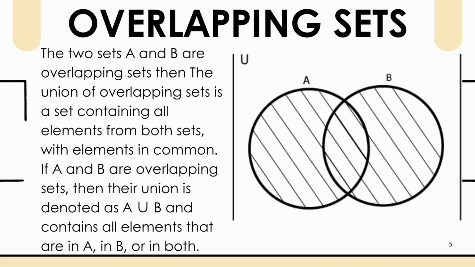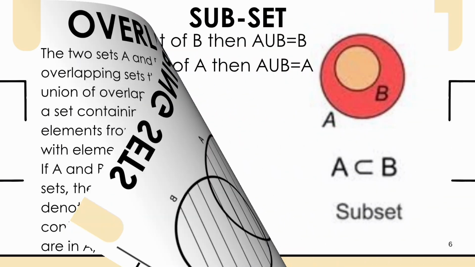In case of overlapping sets, there will be some elements common between A and B and their intersection is a non-empty set. So in the Venn diagram they are represented by two overlapping circles, and both the circles along with the overlapping region will be shaded to represent their union, because union contains all the elements of set A and B and also the common elements between A and B, but we write these common elements once, not twice.